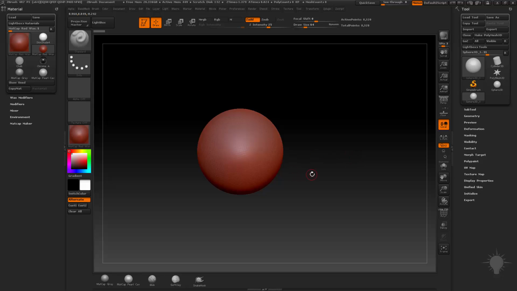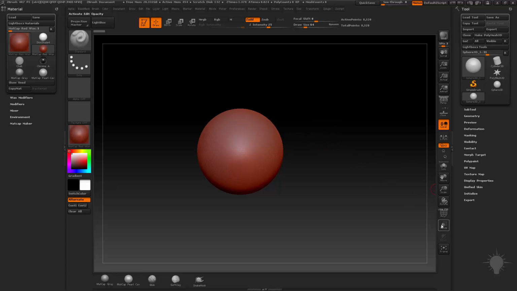So now what does that mean? That means if you click and drag in your document again, you're not going to drag another version of the sphere out. You're actually going to rotate your object. Now, because this is a sphere, it's kind of hard to see it's rotating. I don't know about the resolution of the video on your screen right now, but in order to kind of see this